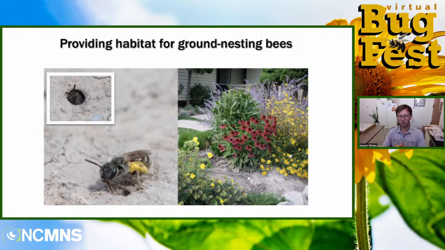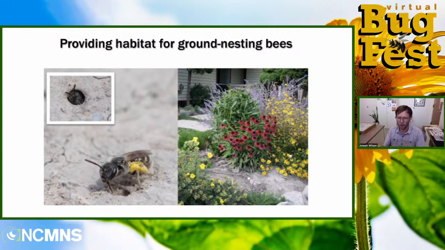Now you might be thinking, okay, so in Utah, it's dry enough that I don't get a lot of weeds if I'm not watering that dirt. But in other parts of the country, if you just leave bare ground, it's going to be a weed patch in no time. And that's true, right? So there are different things we have to do. Sometimes you can hoe off the top of that bare dirt to keep it bare. Sometimes you can dump some sand, and maybe those sand nesting bees will nest there. Or just leave a corner of your yard that's wild.